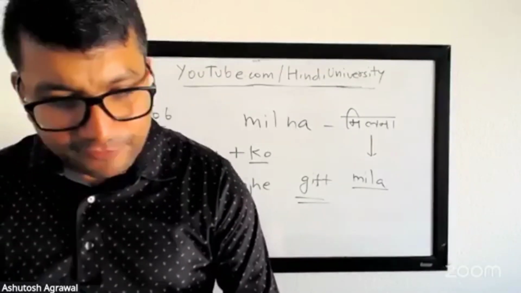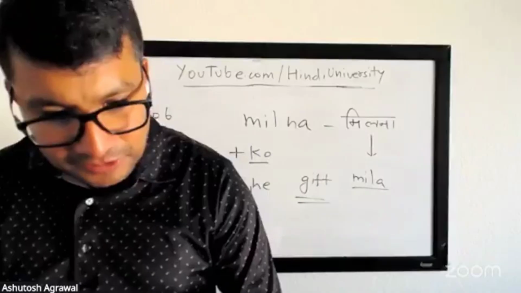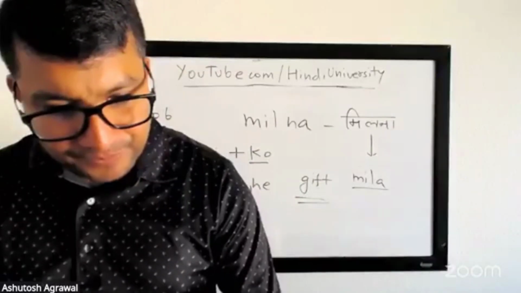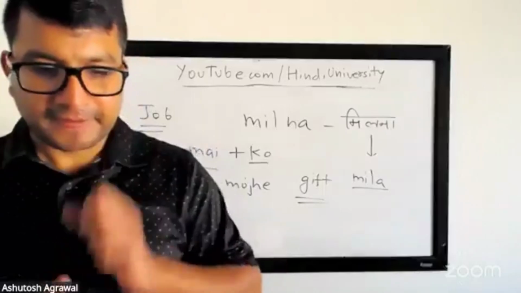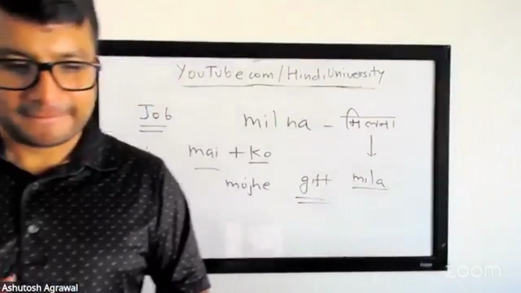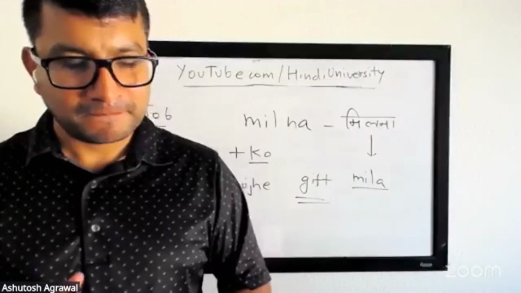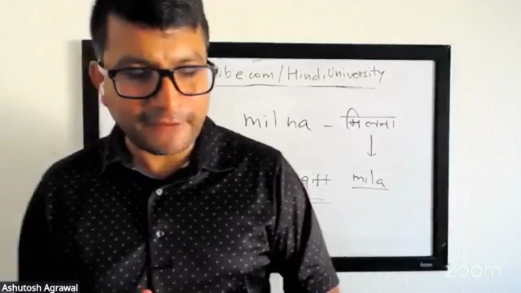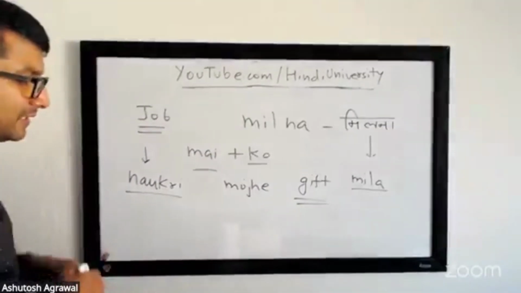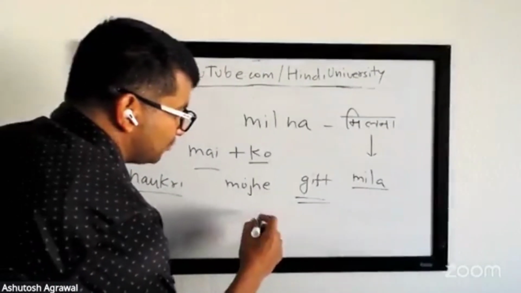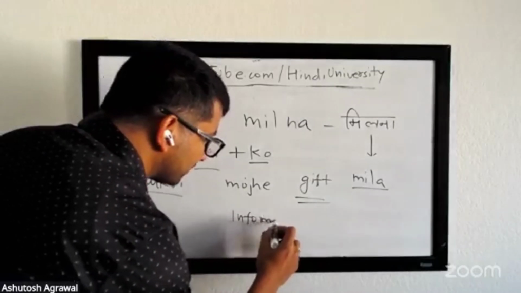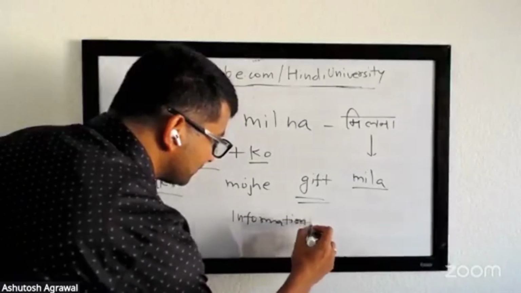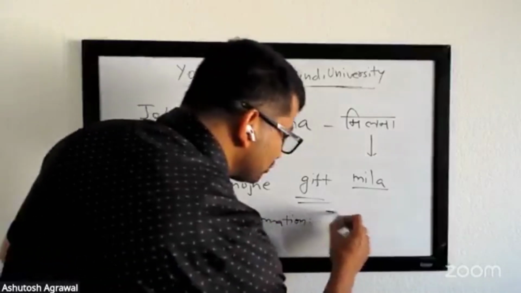You got the information. You went to a national park and you got the information. Austin ji? Mujhe information mila. Okay, feminine, so mujhe information mili. What is the word for information? It's a good one, so that's why I want to ask. Anyone know? Jankari. Beautiful, right? So it's jankari.